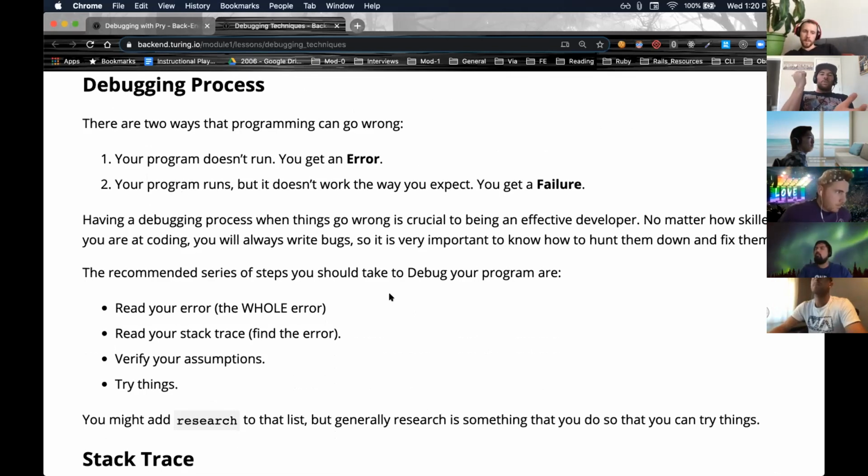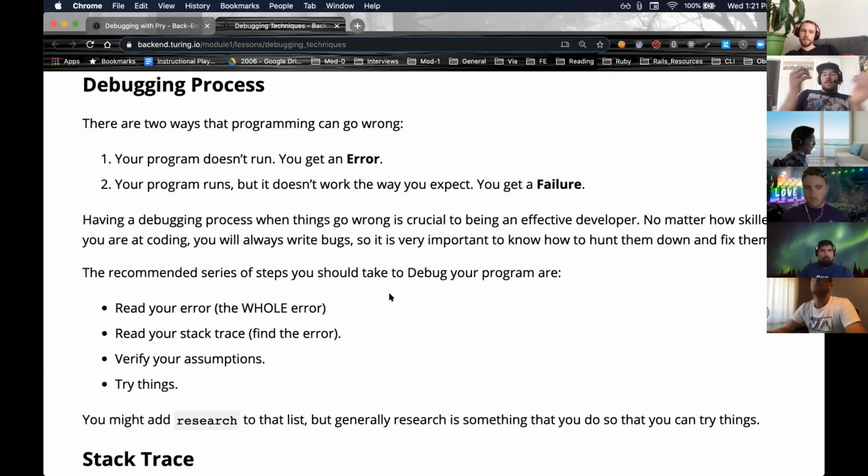Yeah, so two things to remember for debugging. Sometimes Ruby will say, no, I cannot continue executing, and will throw an error message. Sometimes your program will run, but the values that you're comparing are not what you expect, or what the test expects, I should say. So you get a failure, your test fails, okay? So the idea here is that we are going to have a process for figuring out both of these